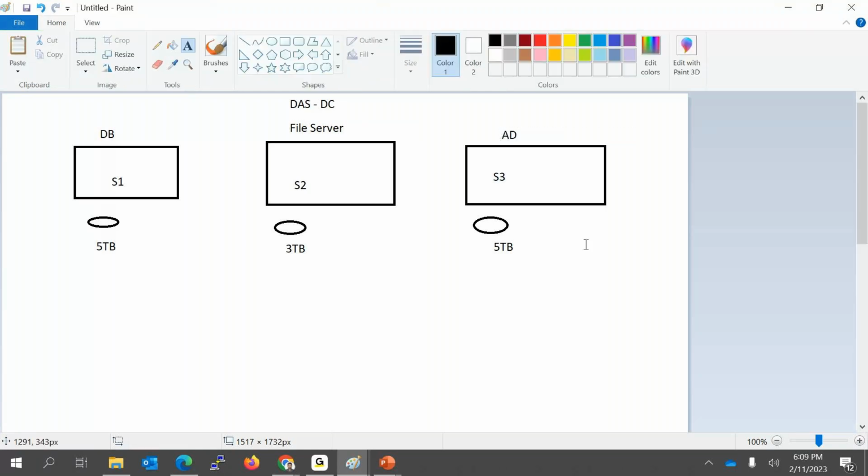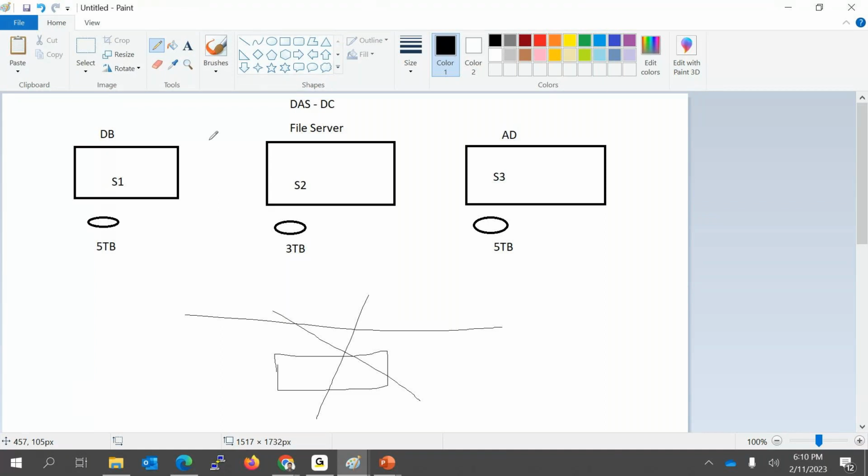Okay, so each server has its own storage, so it reads and writes the data locally. I don't need to invest in the storage switch here. Okay, then I don't need to have the storage controller here. So in another way, I don't need a SAN network here, because all my servers are having a local disk, so it stores the data locally. Okay, so this is how initially a data center looks.